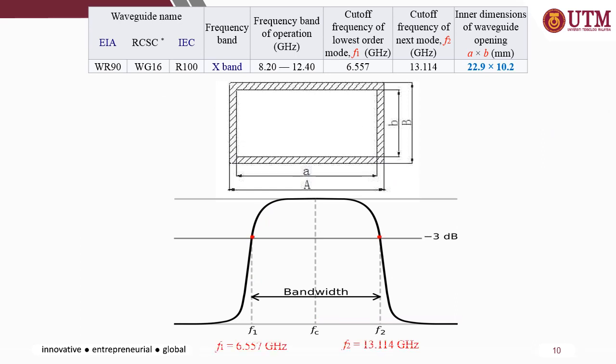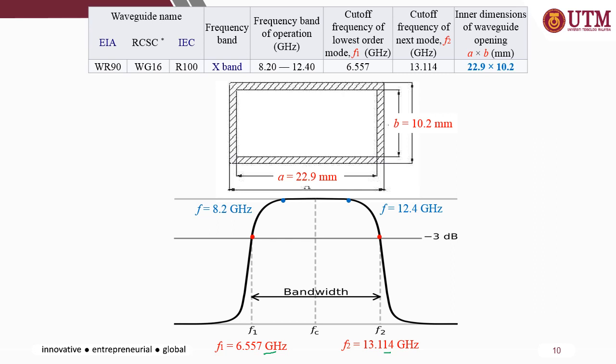Okay, this is an example of a practical or commercially available waveguide structure, which is WR-90, with dimensions 22.9 multiplied by 10.2. So A and B are as given, and when the structure is measured, it can cover the frequency of operation between 8.2 to 12.4 gigahertz. And the cutoff frequency is 6.5 to